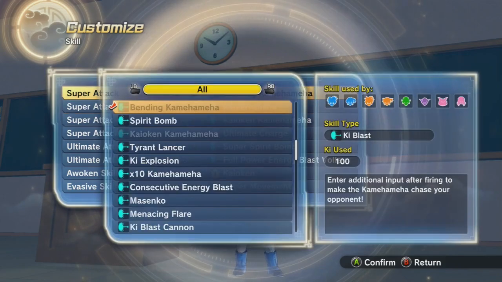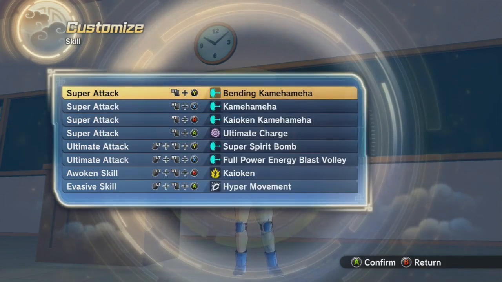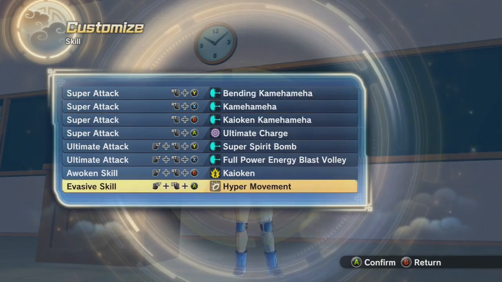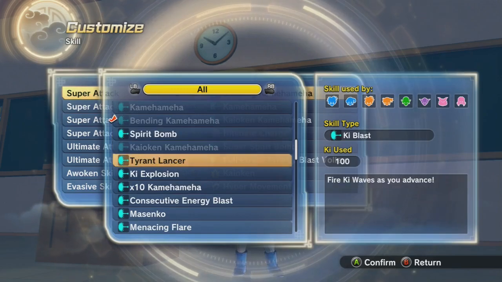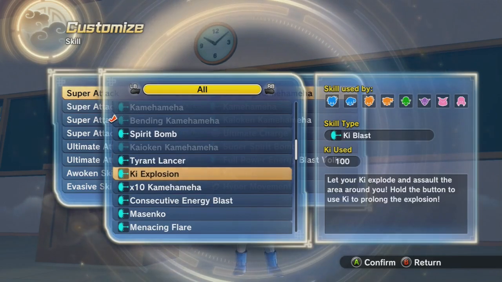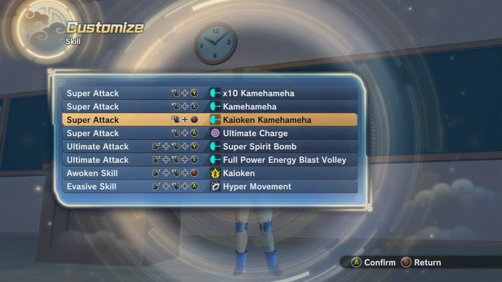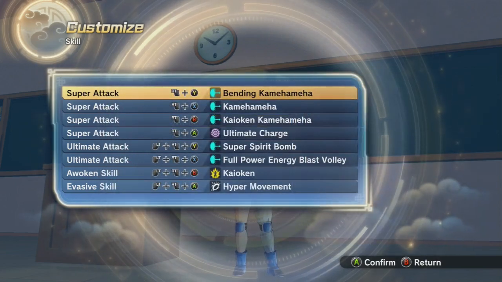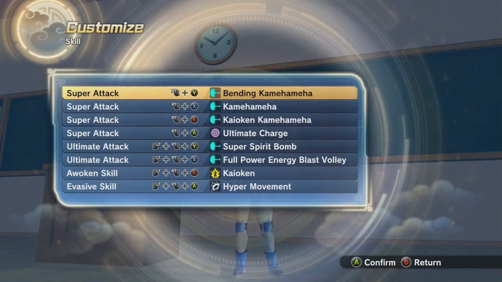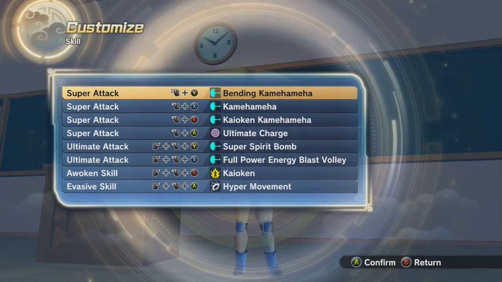Now, I would assume that a lot of people are smart enough not to put 3 Kamehamehas in a row. But if you don't see something that's wrong with that, then I'm gonna teach you. You can make it work if you're good enough, but I'll say exactly what's wrong with this. So firstly,